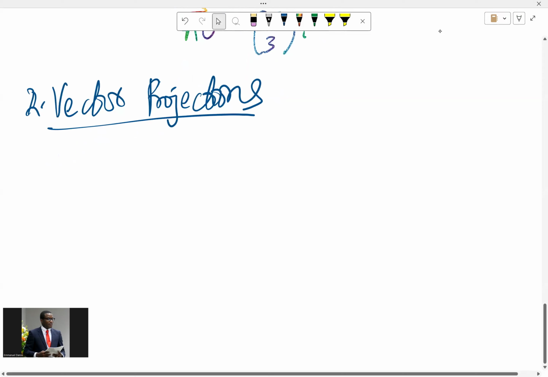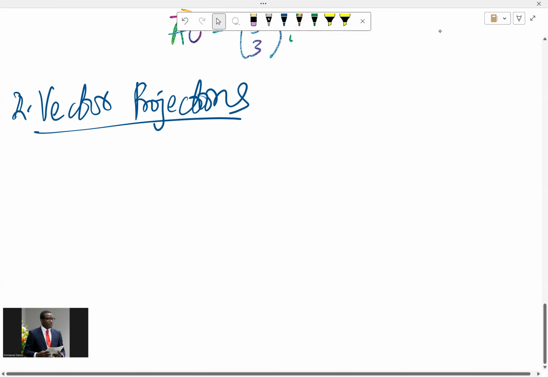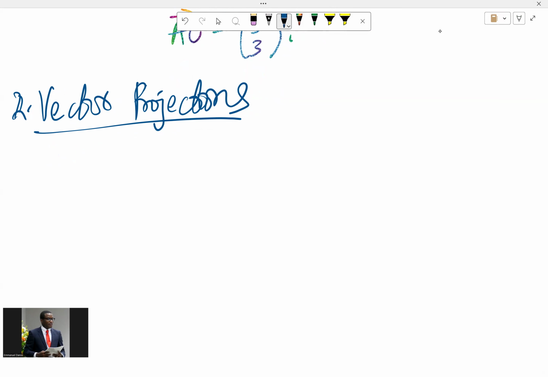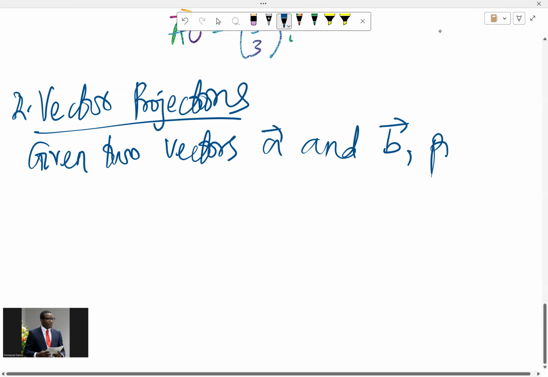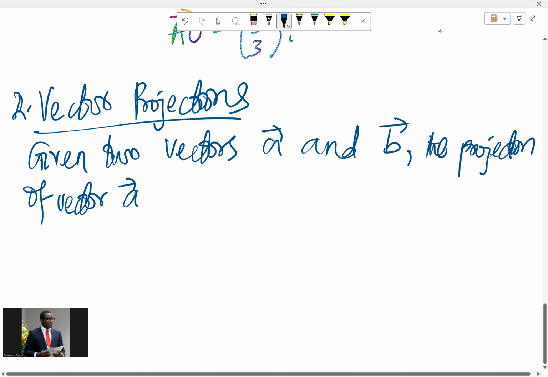So for vector projections, if we are given two vectors A and B, the projection of vector A on vector B is given by